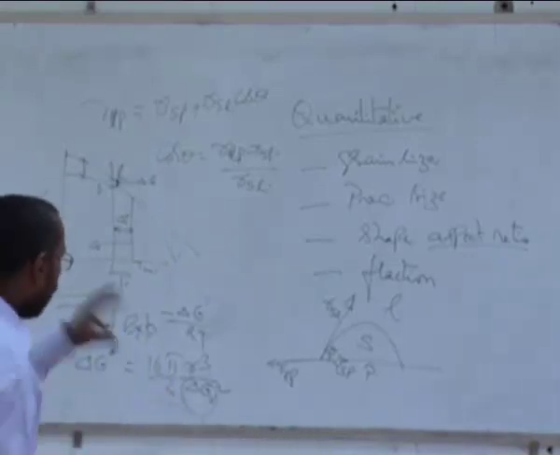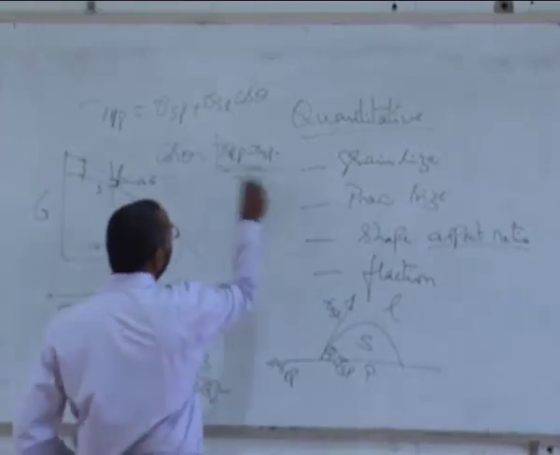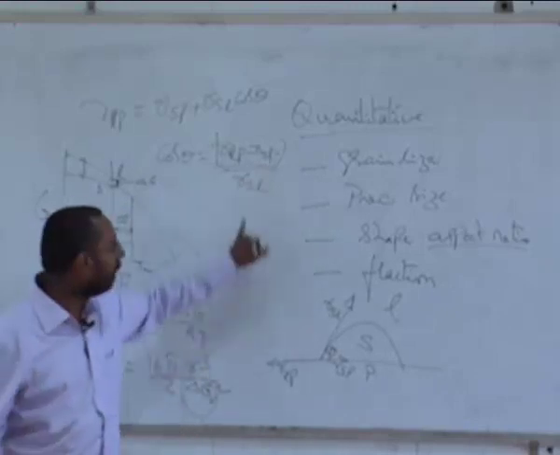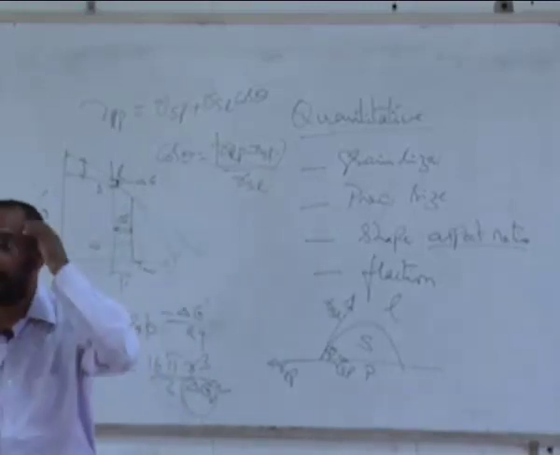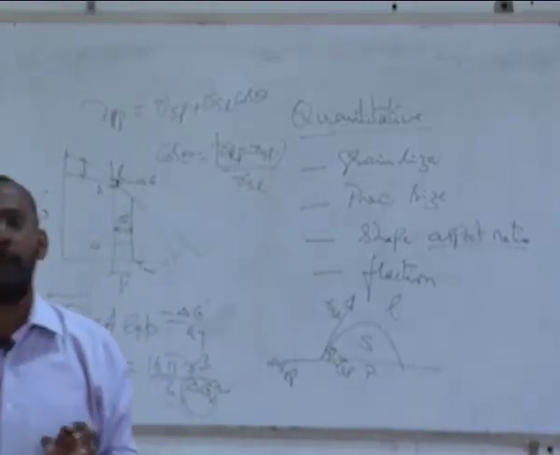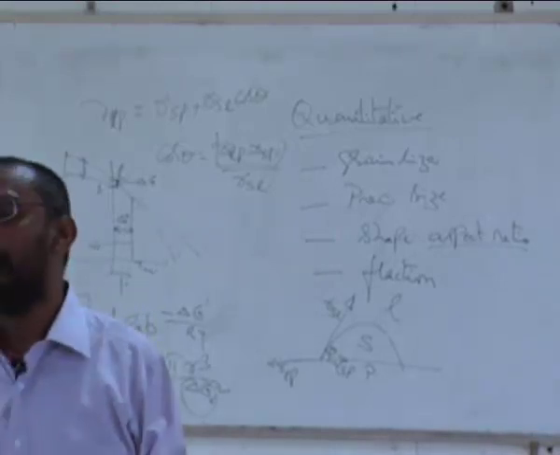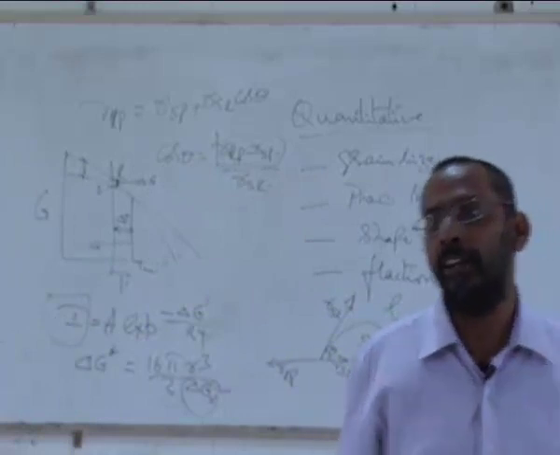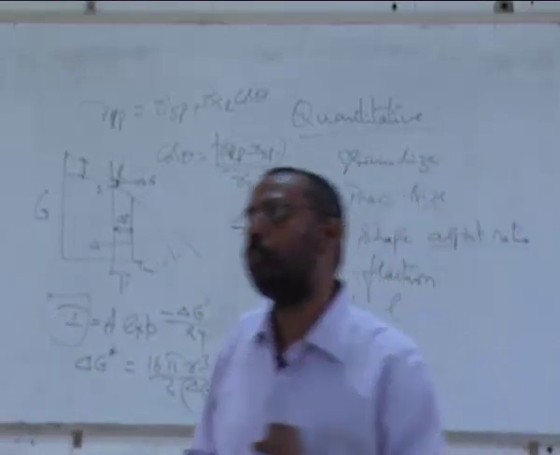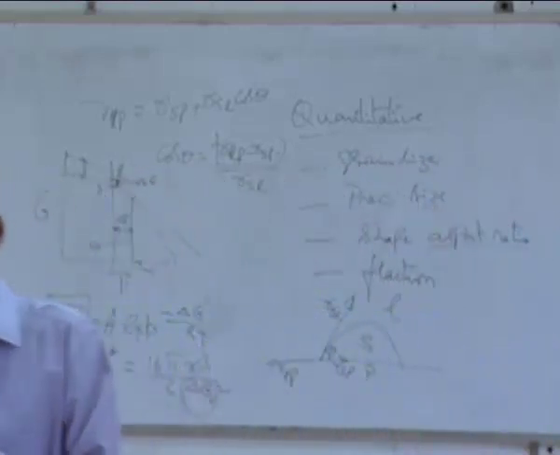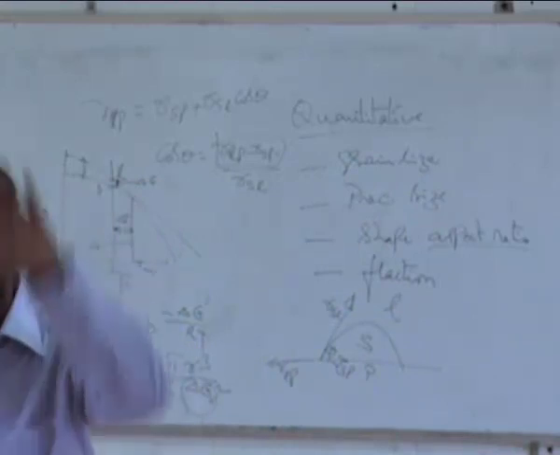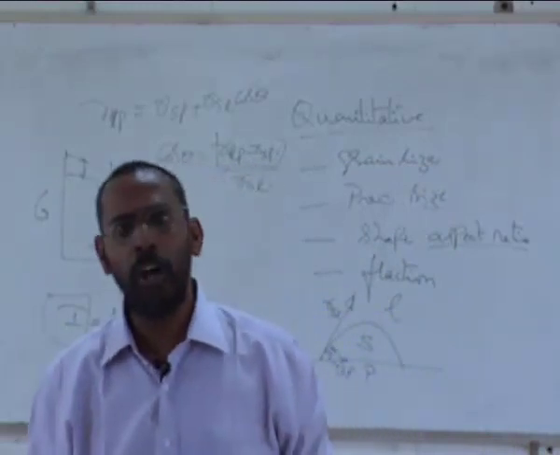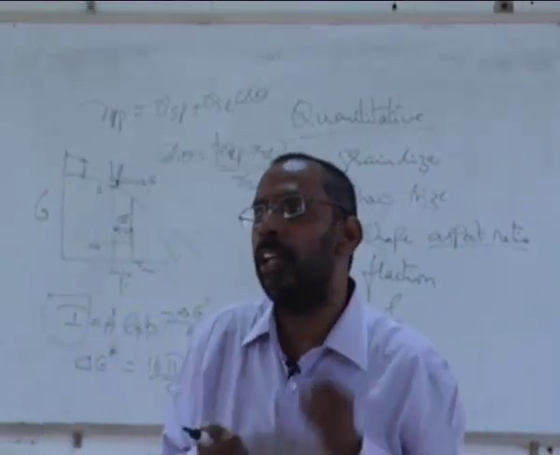So if you have added particle, what gets affected is only this. This is where the particle is coming into the picture. There is no particle in this, right? So wherever gamma SP is small, those are the cases where you have better wetting. What do I mean by smaller gamma SP? That means the interfacial energy between the particle and the solid should be smaller. When is this possible? When do you have a small interfacial energy between solid and particle?